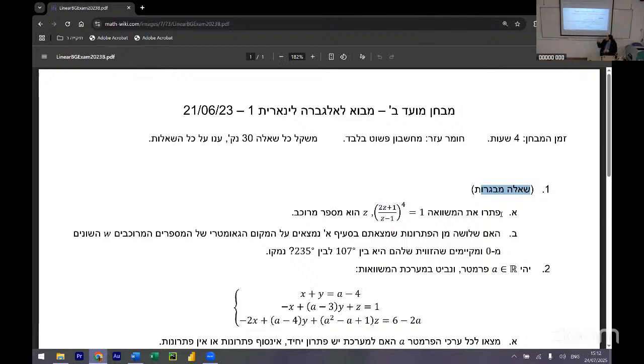In the Bagrut, they usually put complex numbers with geometry, and that's not the main purpose here. Yeah, okay. I did a question on that, which asked me to draw. Do I even need to do questions like that with geometry? I think yes, because the geometry is usually not too hard, and usually the challenge here again is the complex numbers. So I think it will be helpful, but don't prepare for the question to be as such. It won't be. It will be more linear algebra. One of the sections is quite like this, I think.